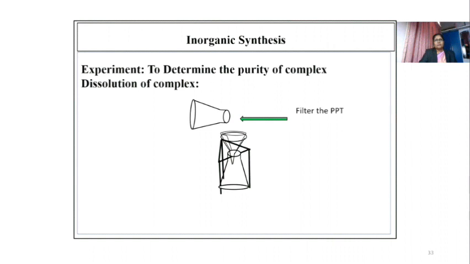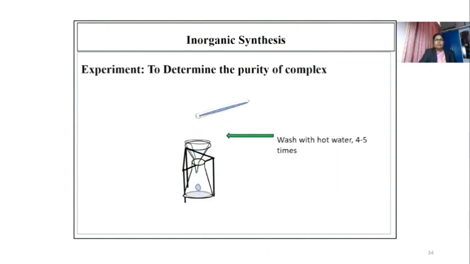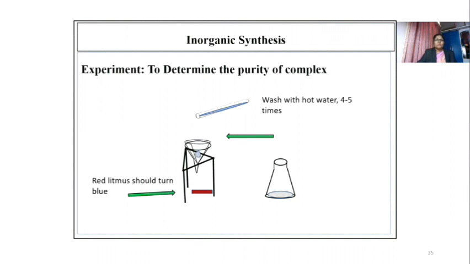The next step is the filtration. Filter the cobaltic oxide precipitate through ordinary filter paper and rinse the conical flask with hot distilled water and pour it on the paper. Wash the precipitate 4 to 5 times with hot distilled water till it becomes free from alkali. For this, test a fresh drop of the filtrate with red litmus paper. It should not turn blue.